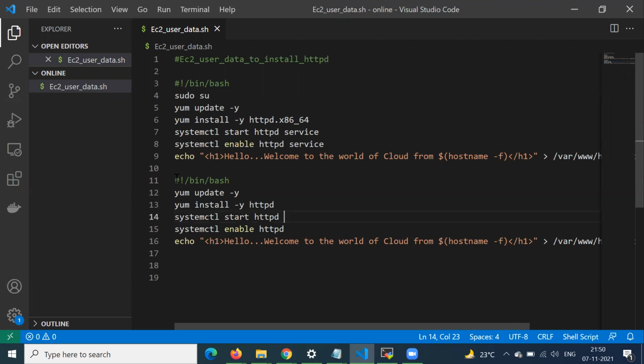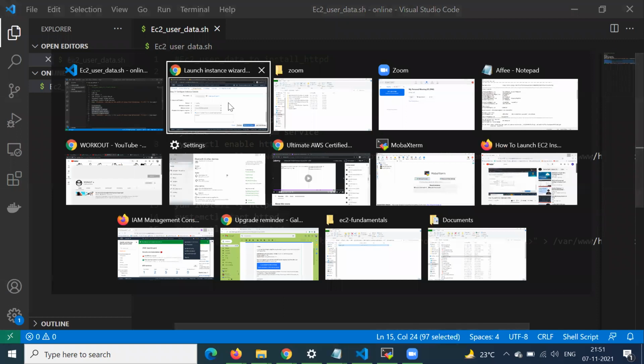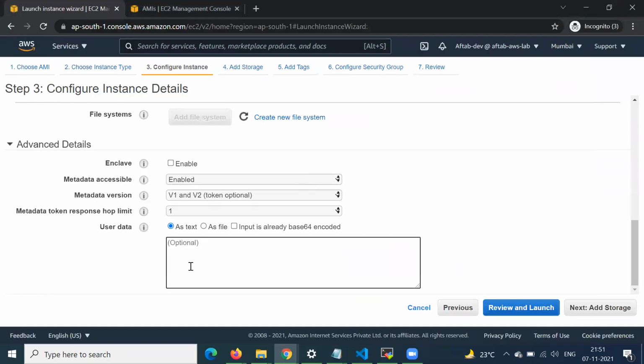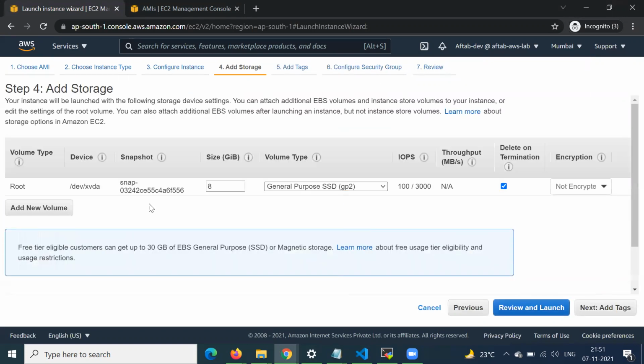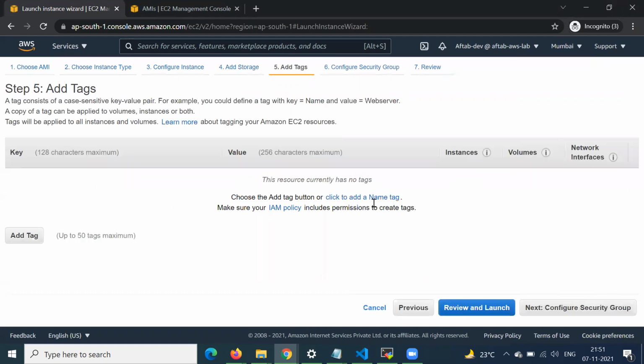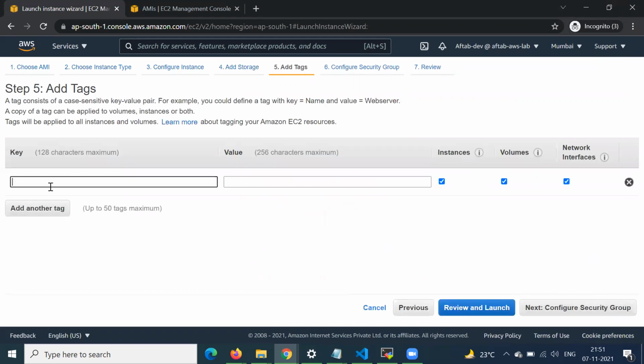Here we provide the storage. We can keep this as it is, and delete on termination will be enabled. Then tags. If you want, you can provide a tag here.